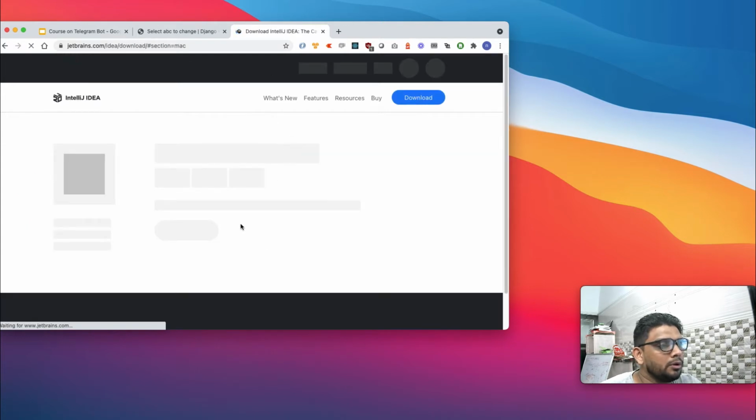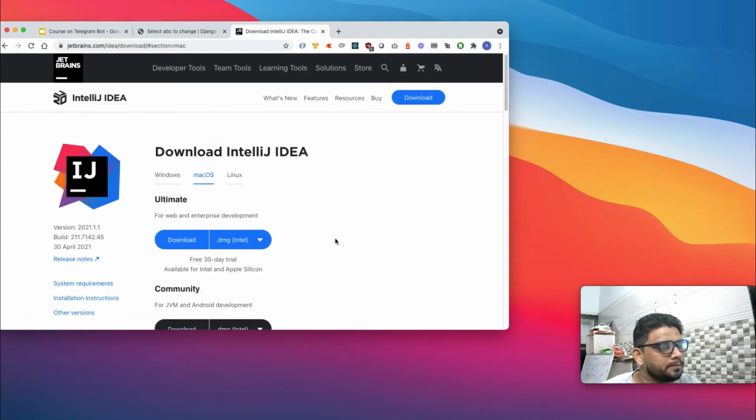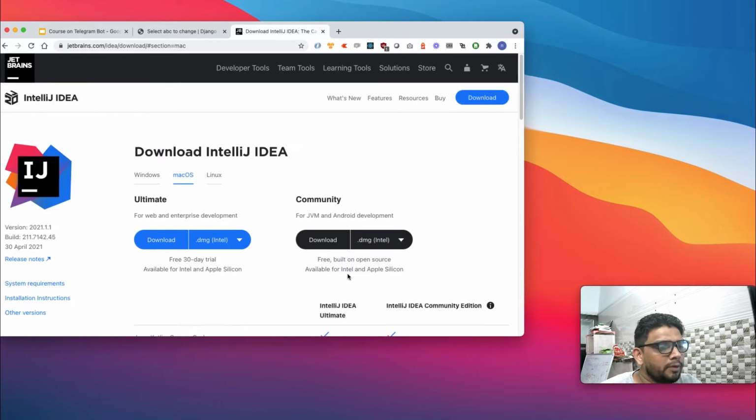In the download, you might have two options: free version or paid version. Basically, it's Ultimate or Community. Community is the free version, and Ultimate is the paid version. So you can go as per your choice. I personally use the premium one because it has a lot of advantages.